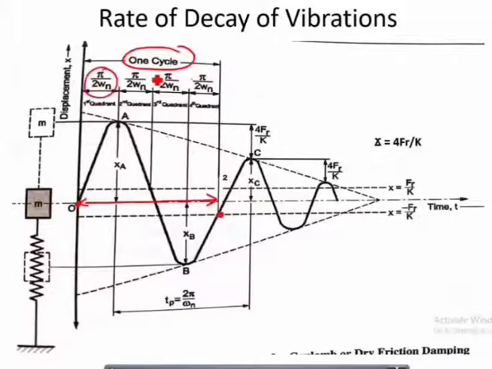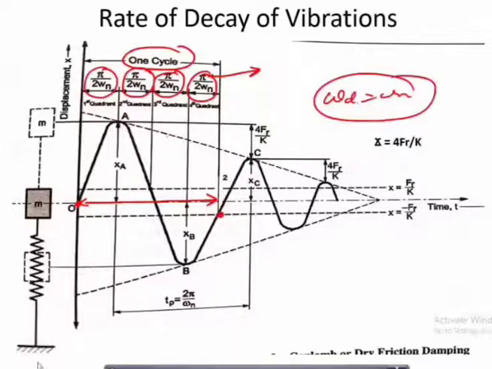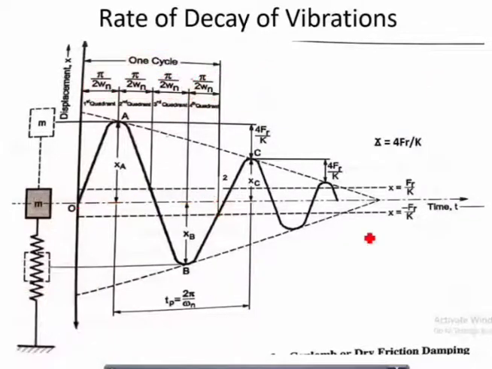Okay, this is divided into the 4 parts. Now why is it divided into the 4 parts? Because for analysis we have considered the 4 quarters. Mass is towards the right, mass is towards the left, moving to the left and right. We have seen the analysis, and we have come to the conclusion that omega d is equal to omega into n. Now for first and fourth quarter cycle, what was the x?